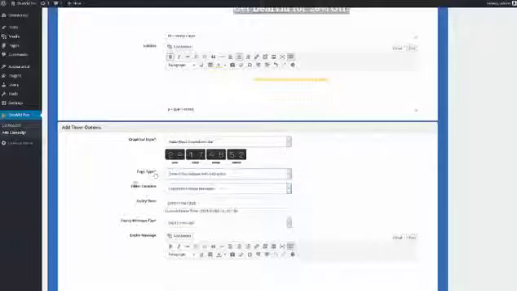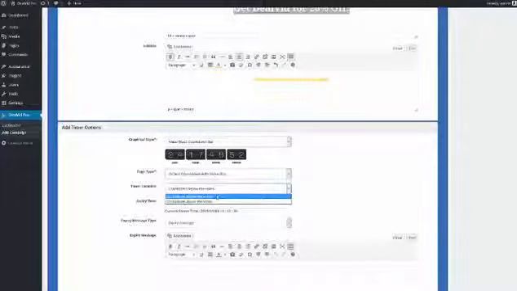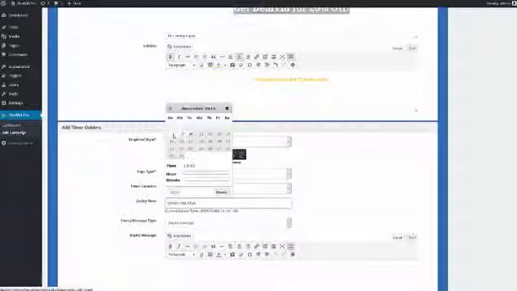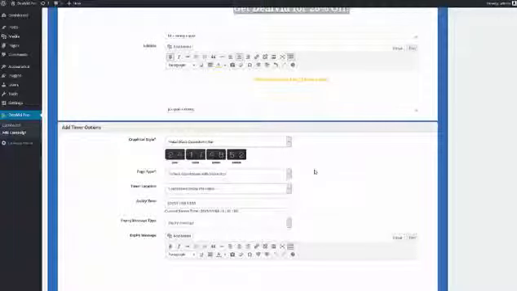So we're going to go for video box. Now, where do you want to locate the timer? Above or below the video? So we're going to set it to below the video. And now we need to set it to an expiry time. So I'm just going to set it to today's the 9th, so I'm going to set it to the current time, just so we'll put it in the future a little bit first, so you can see what happens, because I have built this so there's a live